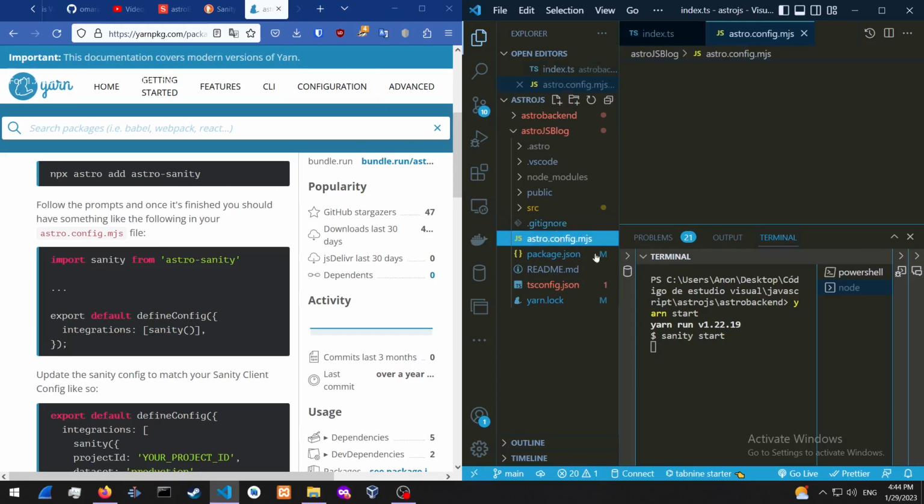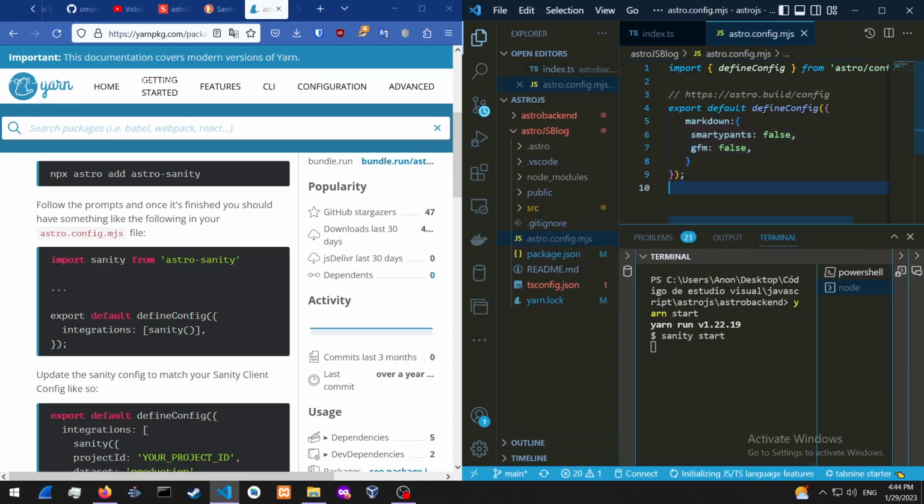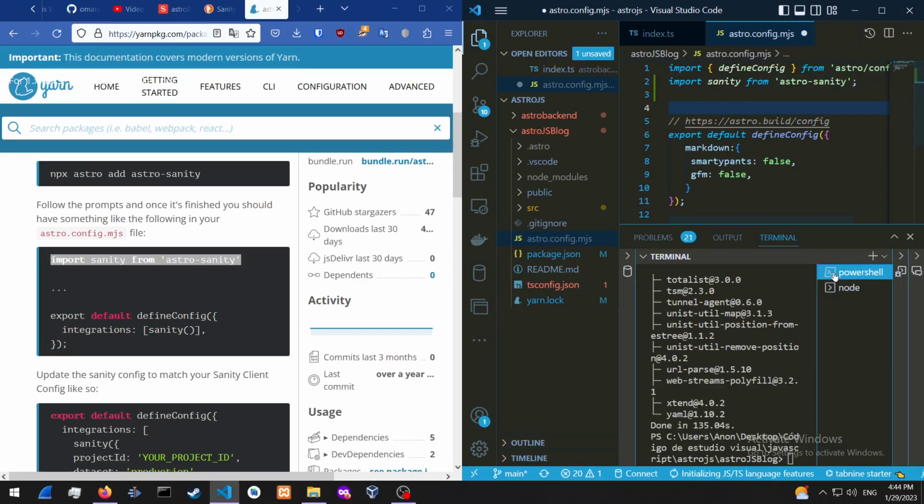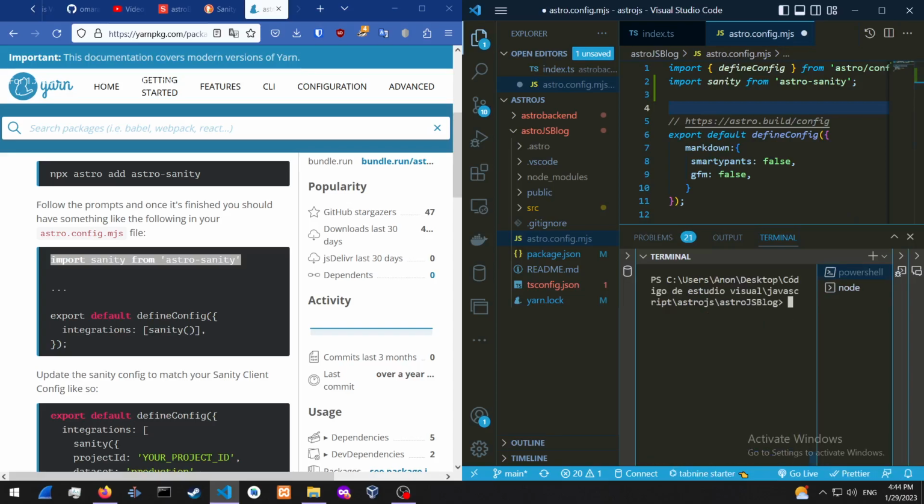So to do that, we just added the markdown property over here in the previous video, and we're just going to import Sanity from astro-sanity, which is a package that we added in the previous video, which you could just add by using yarn add and then astro-sanity. Alright,